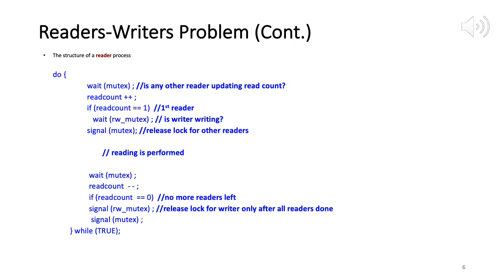Of course you may not have a chain, you may have only one reader. In that case, read count is 1, so you wait on the read-write mutex, you acquire the lock, and now if a writer comes, it has to wait for this read-write mutex. This first reader will read, and then once it reads, it will do read count minus minus. Since this is the only reader, no chain, read count will go to 0, it will release the lock and the writer can get in. So this is the code, and now let's look at both of these side by side and see some scenarios.